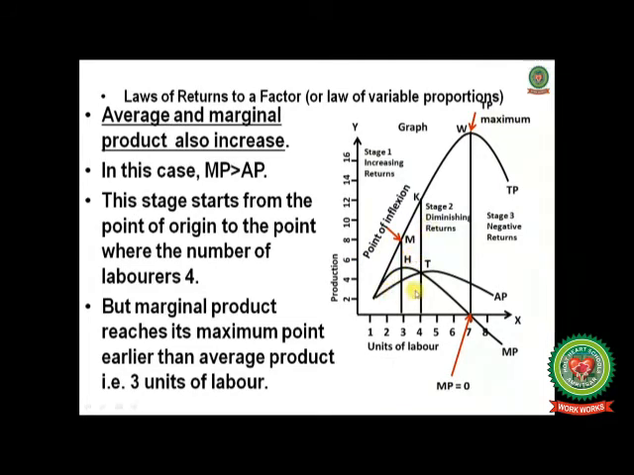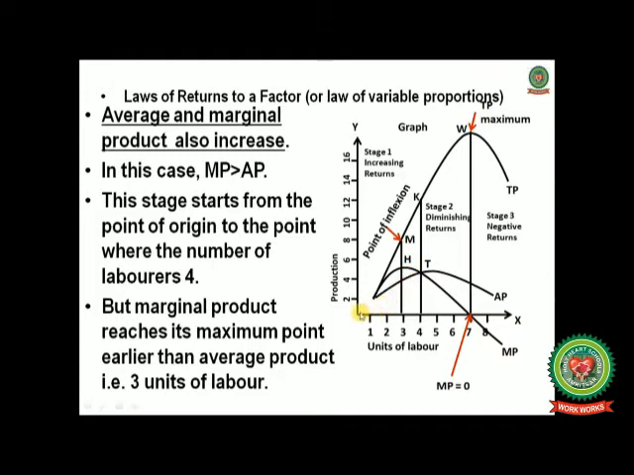Average and marginal product, that is marginal product and average product, both will increase in the first stage, and the first stage is known as increasing returns. In this case, firstly you can see that marginal product is more than the average product. The hump of the marginal product is above the hump of the average product, and this stage starts from